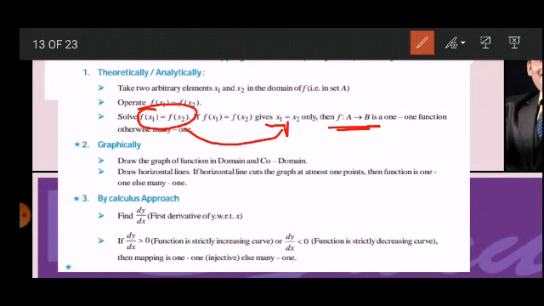So graphically, how to tackle this question? Somehow you can use the previous approach also, but generally if you have sound knowledge of graphs, then within one or two steps of drawing the graph, you can declare whether the function is 1-1 or many-one. So let's discuss how to check graphically. Step 1, draw the graph of the function in its domain and codomain. In the question it will be given what the domain and codomain are. Now draw a horizontal line. If the horizontal line cuts the graph at most at one point, then the function is 1-1, else it is many-one.